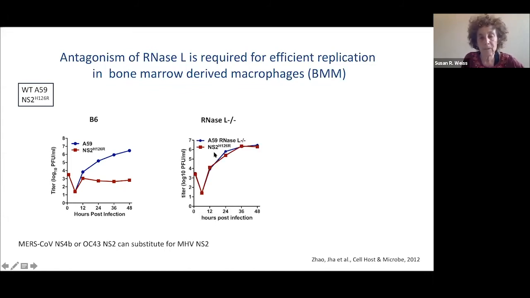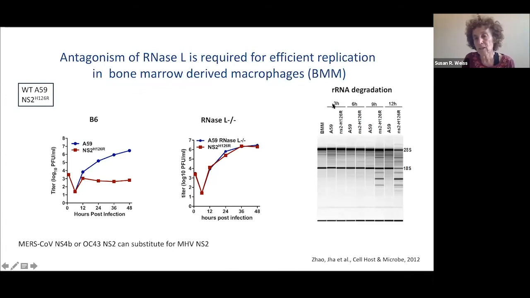However, if we replicate the viruses in macrophages derived from RNase L knockout cells, replication is recovered, suggesting that the inability to antagonize RNase L is what causes the attenuation of the mutant. And if we look at ribosomal RNA degradation, this is the way we assess RNase L activation. In the presence of activated RNase L, we can see with these mutant infected cells that the ribosomal RNA is degraded. This is the normally 28S and 18S RNA that you can see intact in the wild type infected cells, but degraded in the mutant infected cells,